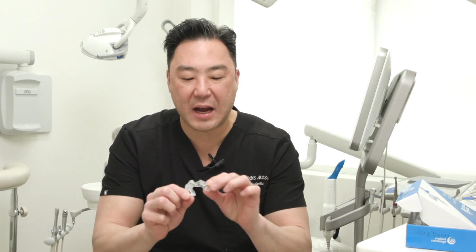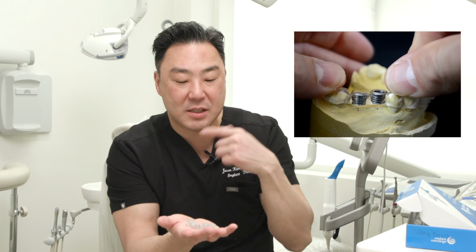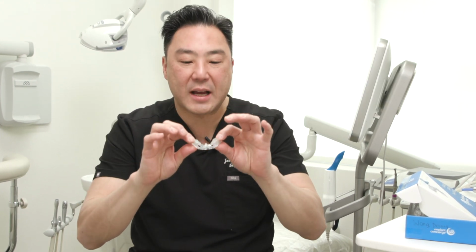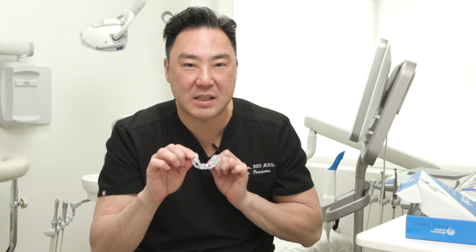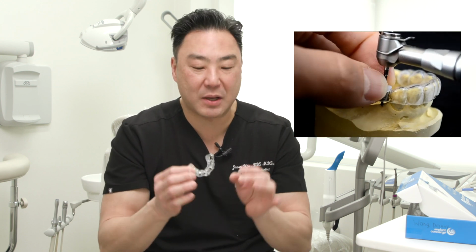This surgical guide is what we call a tooth-borne surgical guide, meaning it's going to sit right on top of the teeth, right? Because this is only for a couple of implants. It's very, very stable, and these holes are exactly where the implants are going to be positioned and placed. That's why using a surgical guide is quicker and much more precise, because we planned the